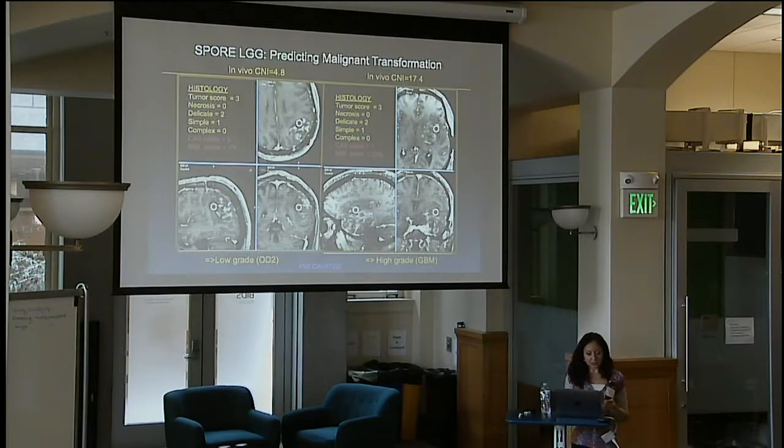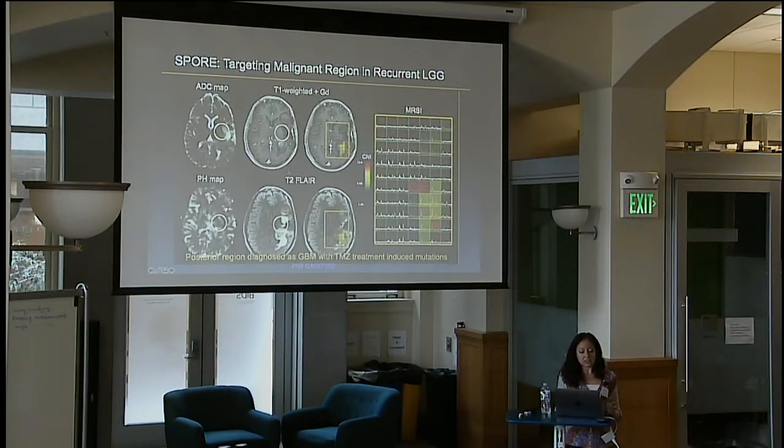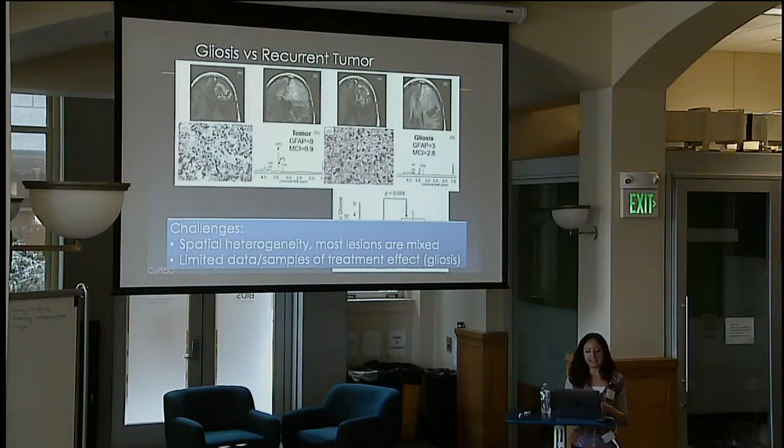And we've done studies to show that you can use imaging to predict malignant transformation, and it's correlated with histology measures of it. And then you can also see, this is an example of a person who comes back with this new lesion at the bottom part of the brain, and it's due to treatment of chemotherapy-induced mutations. And then finally, here is, we lost the one graph. The point of this slide is just to show that the other area then is gliosis